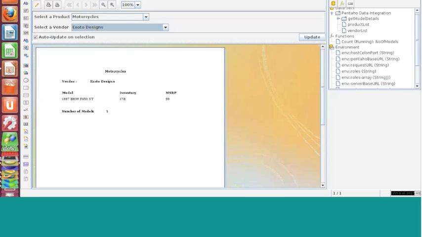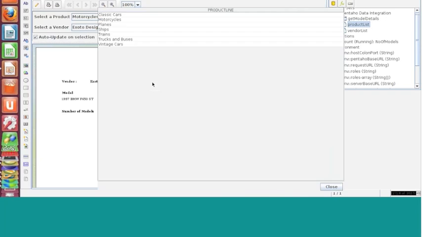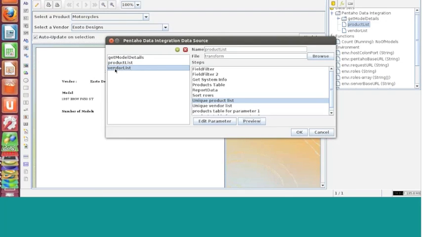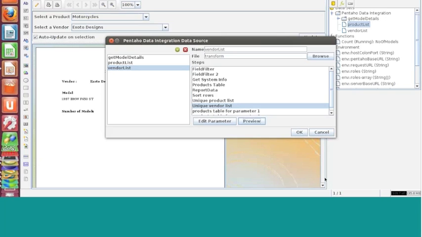And if I click on the product list, this is a particular step of the transformation I'm selecting for getting the data for this particular query. So if I preview this, you can see the different products. And if I click on this one, this is the vendor list, and you can see the different types of vendors. And if you click on the main query,